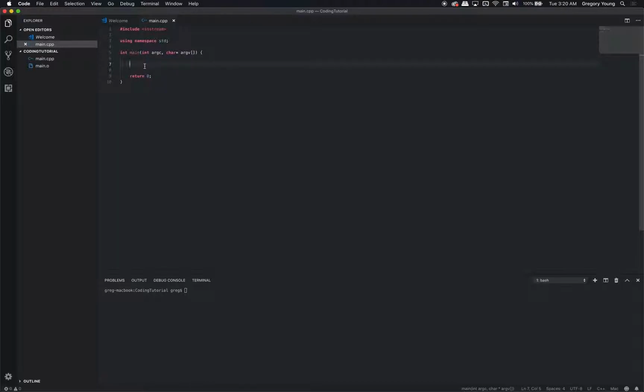So we have our main function. Main functions in C++ always end up being run first. So whatever your first line in your main function is going to be the first thing to be run, basically. Okay, so